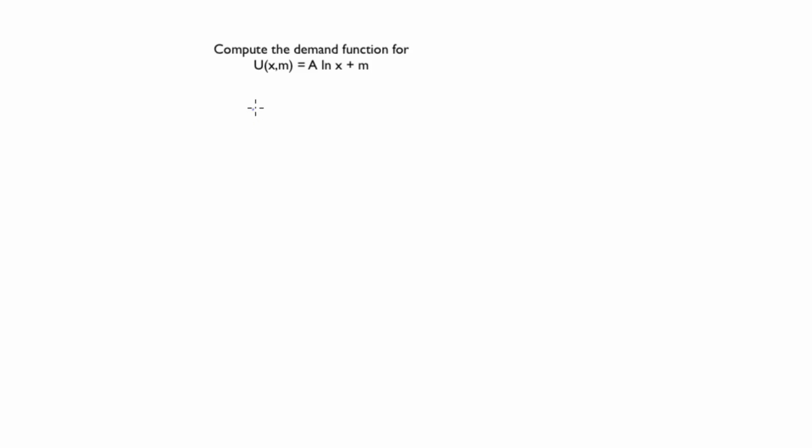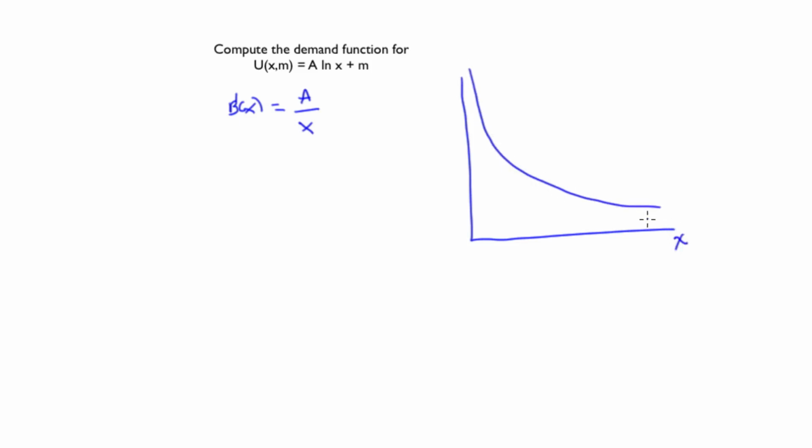The first thing to notice here is that the marginal benefit function with respect to X is just A divided by X. And if you plot that marginal benefit curve as a function of X, basically it looks like this. It never crosses the vertical axis, therefore there are never corner solutions, and it goes to 0 as X goes to infinity. That means that all of the solutions are going to be interior,